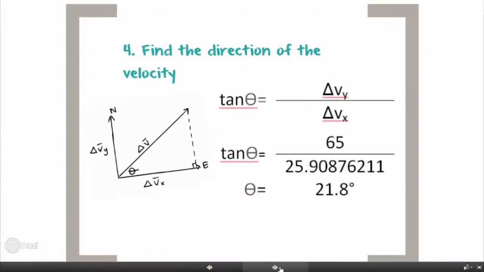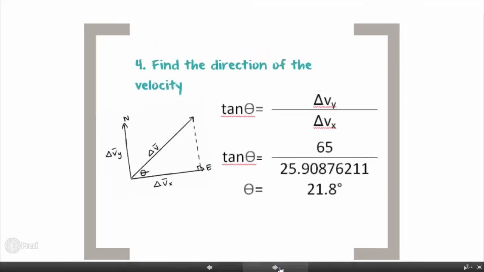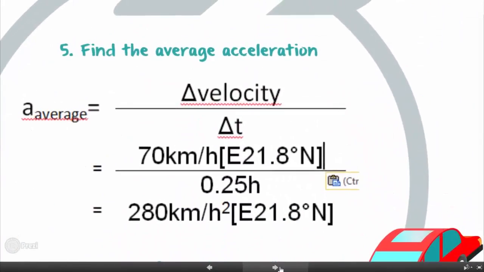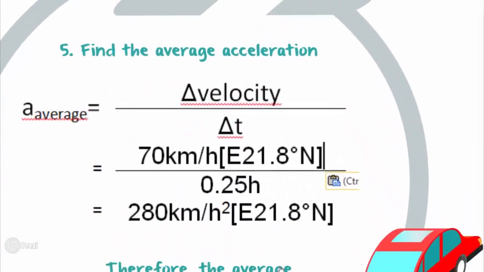To do this, we can use the tangent ratio of the opposite over adjacent, or the y component of the resultant velocity divided by the x component of the resultant velocity. After taking the inverse tan of this ratio, the final angle, or theta, between the eastern direction and velocity vector is 21.8 degrees. Now that we have the resultant velocity, or the change in velocity, we can now import our